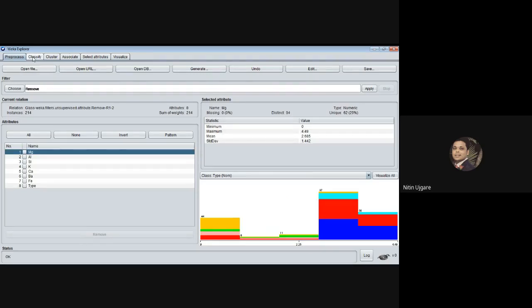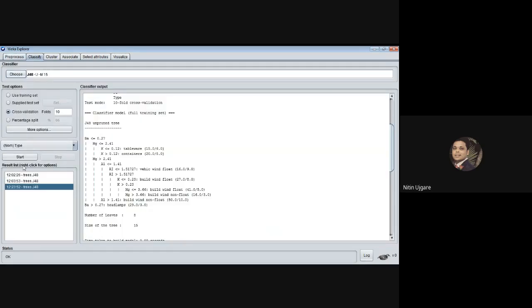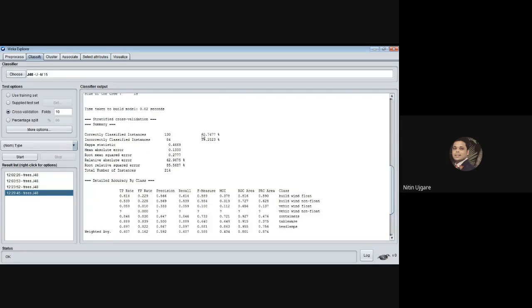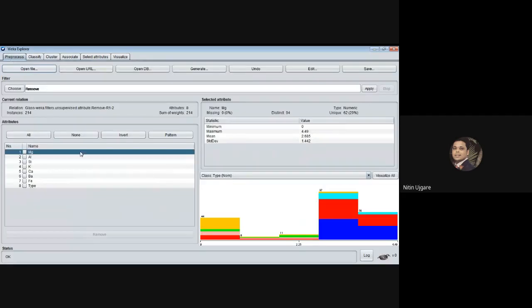Okay, and then I will go back and I will see the performance. I will rerun the same test again. Okay, so now you can see that after removing these first three attributes from the data set, the classifier's performance is degraded, right? Earlier it was 66%, but now it is 60.74%. Okay, so that means the first three attributes, that is